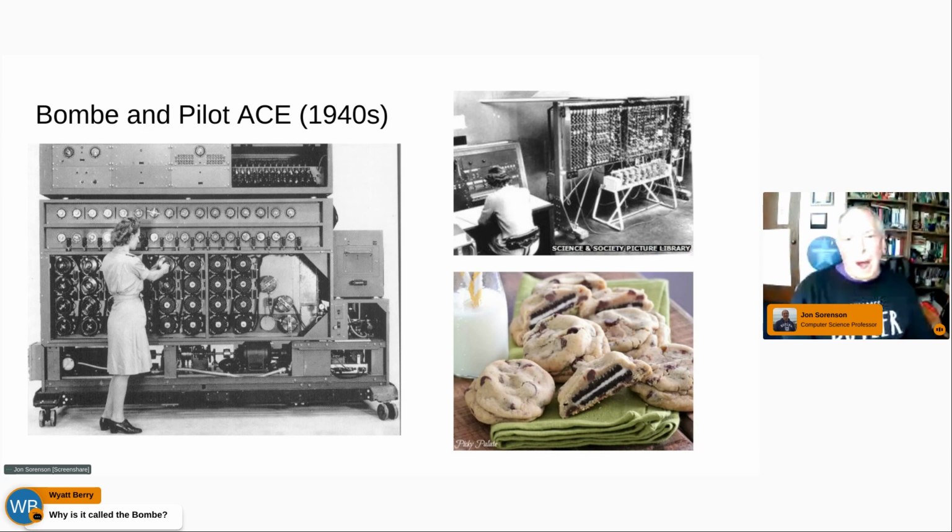Why is it called the bomb? I think because as it worked, it had a ticking noise, probably, and it was a joke. I mean, one of those dark humor things during war, right? That's my guess. I think you could probably Google that and find out for sure. So if you put bomb, put the E on the end, communications with words like bombs and so forth in it is not a good idea. So put the E on the end there.